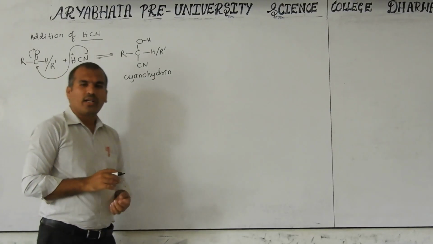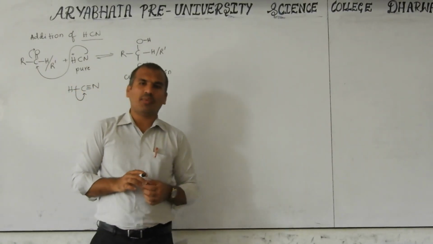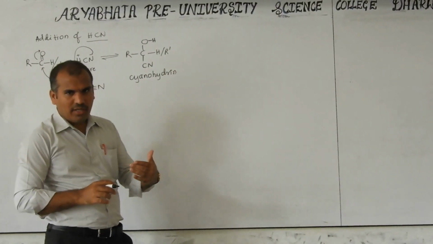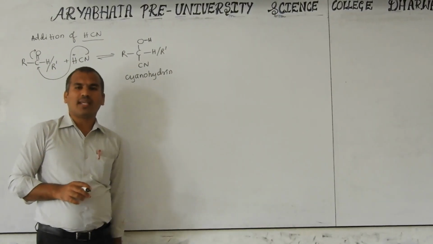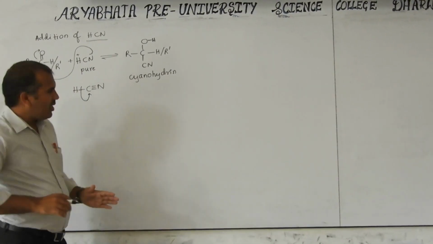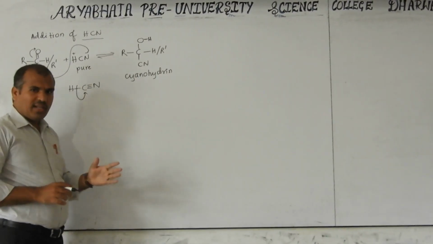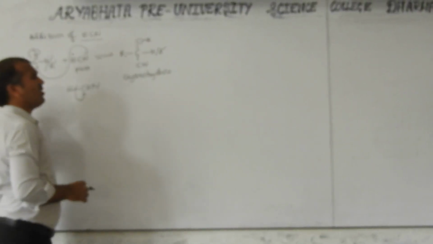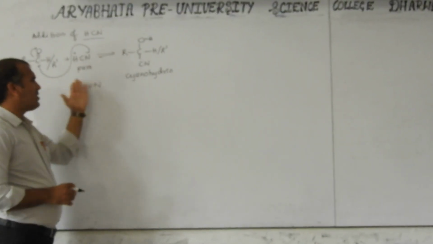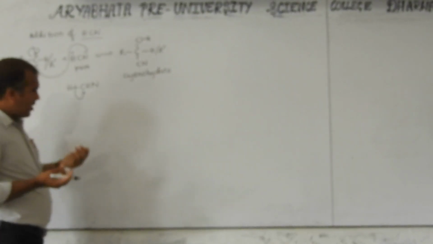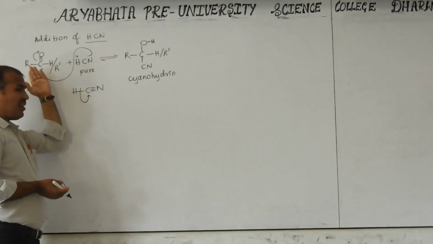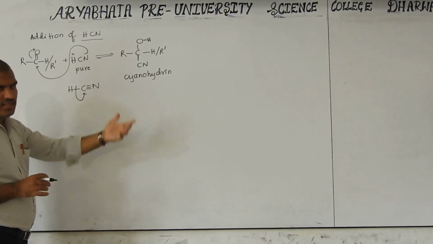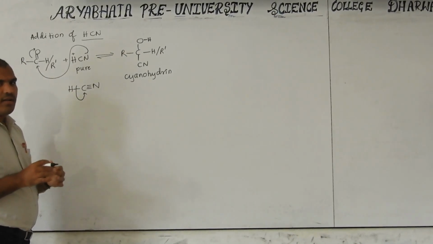But we know, according to the equilibrium chapter, that HCN is a weak acid. Weak acid means the tendency to donate H plus ion is very little. When the tendency to donate H plus is very little, this bond does not break down easily. So converting it to minus and plus is difficult. When it is not converted into the minus form, attacking is difficult. Thus, in pure form, cyanohydrin formation is somewhat difficult.